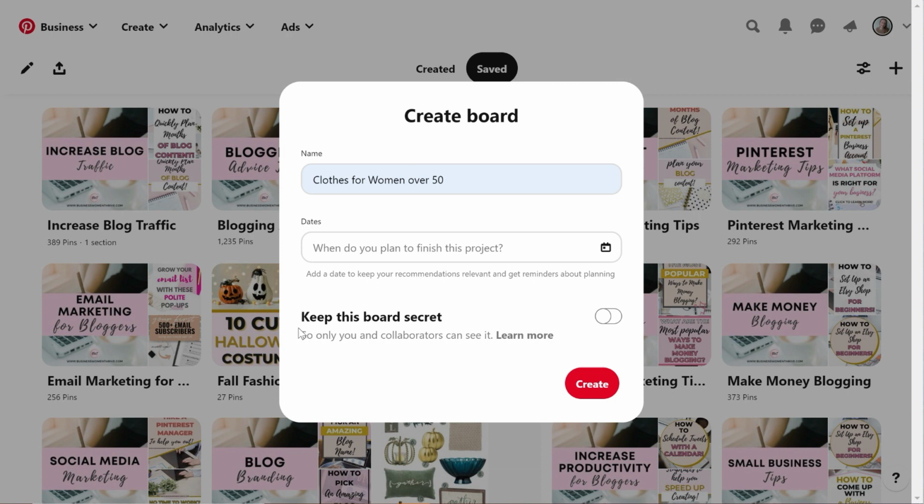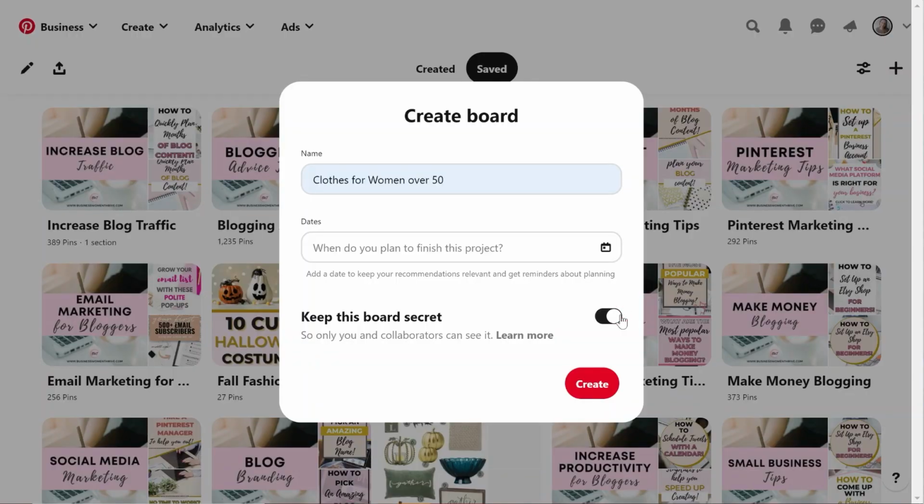Now you can have the keep this board a secret option. So for me, I'm going to keep this board a secret because it obviously does not fit my niche, but you don't actually have to keep this board a secret if you don't want to. Some people use a strategy. I tend to do this myself. They keep the board a secret until they have 10 to 20 pins on that board, because it takes about 10 to 20 pins for Pinterest to really understand what your board is fully about and actually rank those pins in search. So you can either keep the board a secret until you have it filled out a little more, or you can just launch it right away. Mine, since this isn't a board that I want to launch, is going to be kept secret.